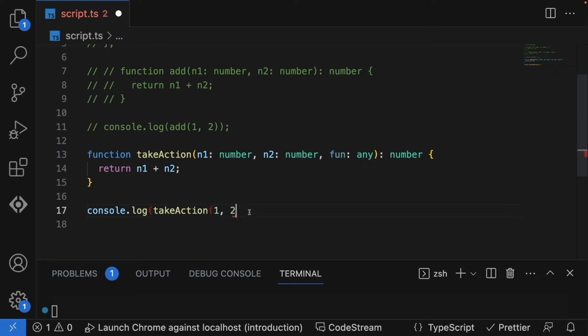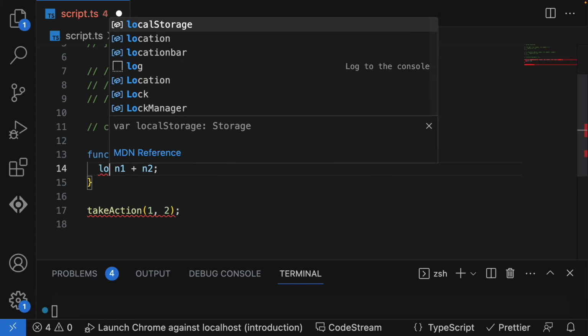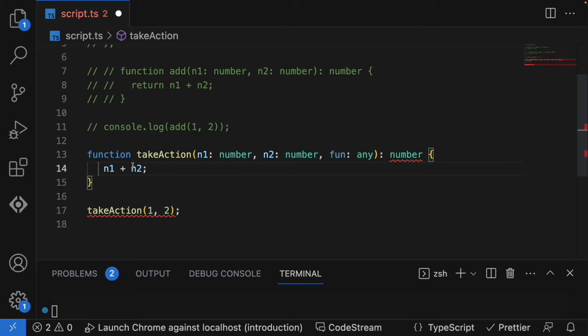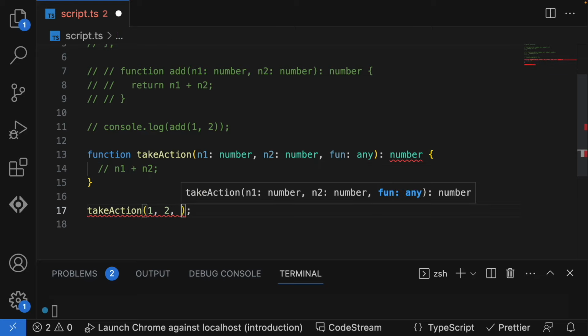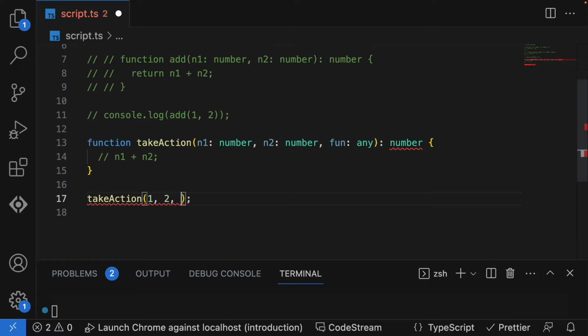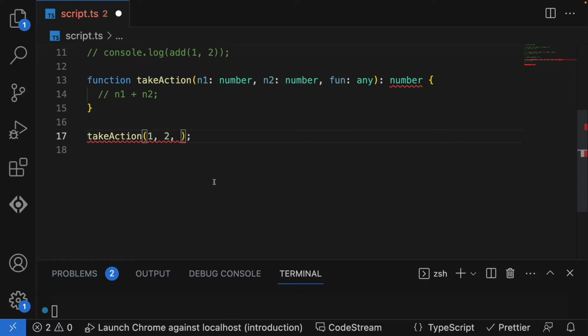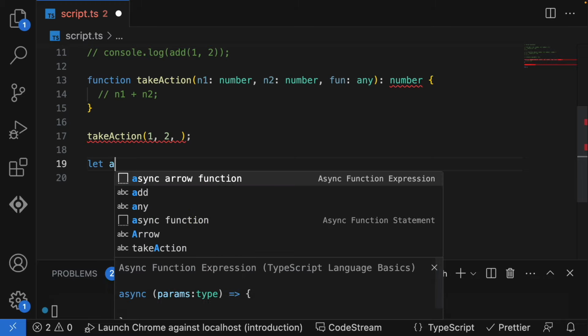And before doing that, I'll remove this console log. Okay, I'll also remove this for now. And here I'll try to pass the logic. So what is the logic I want to pass? I want to pass a function here. I want to pass an addition function. So how will the addition function be written as an arrow function? So let's call it add,